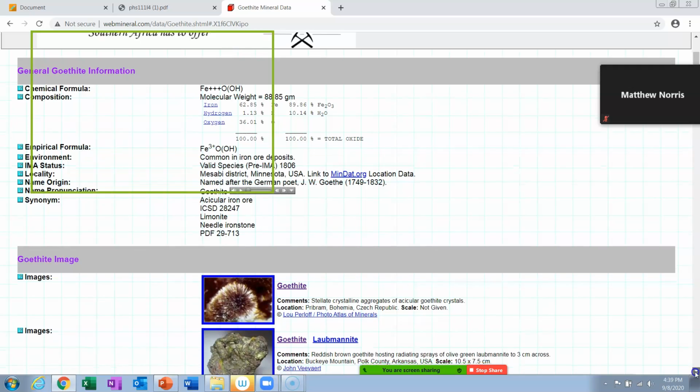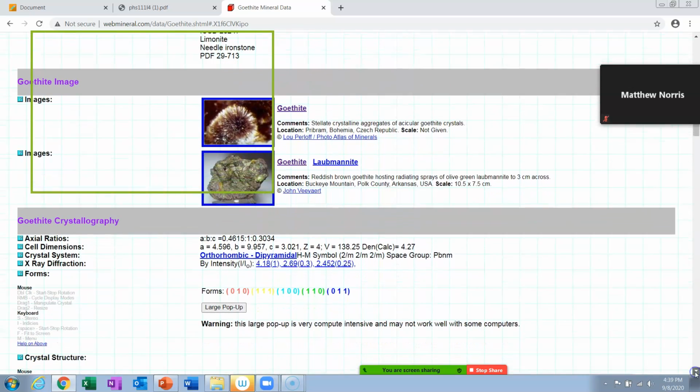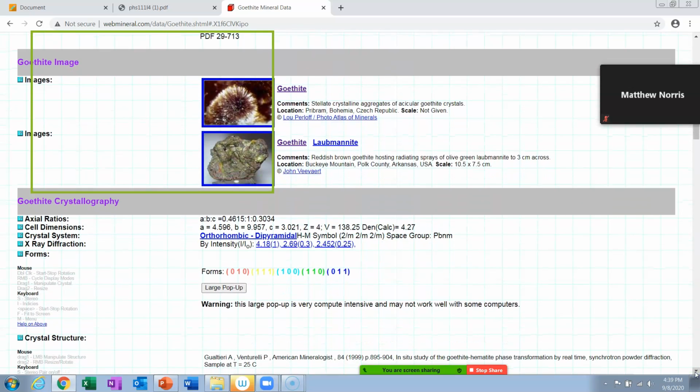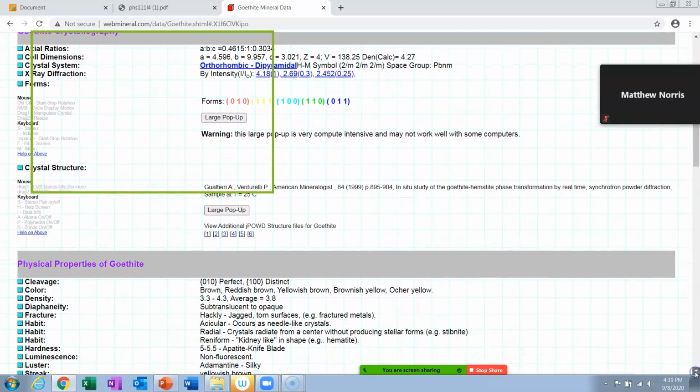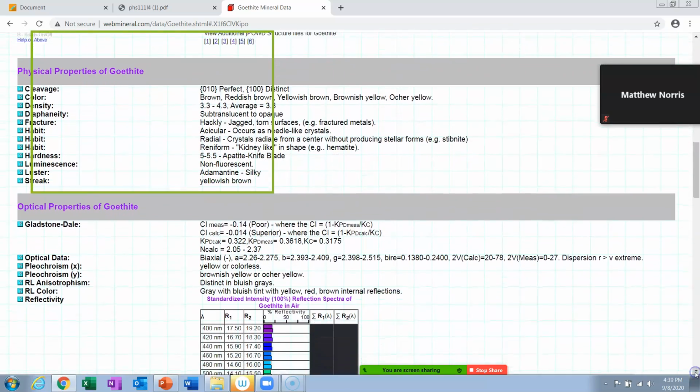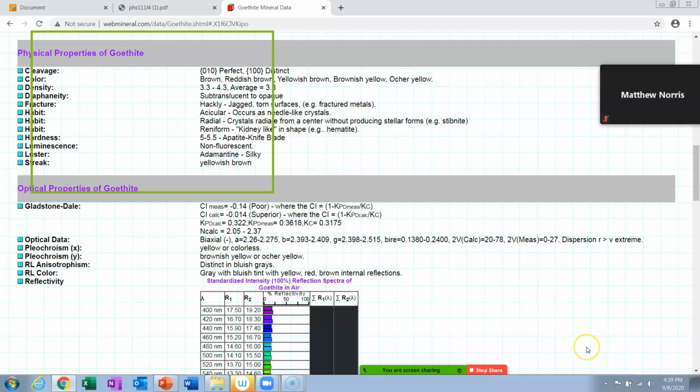And there's some interesting pictures of goethite. There's lots of really interesting things here. You can read it to your heart's content. Here you get the physical properties of goethite. Okay, so whereas limonite wasn't on webmineral.com, goethite is. Goethite is one form of limonite. Limonite is a big classification. This is a specific. So write in there goethite and then do its color,